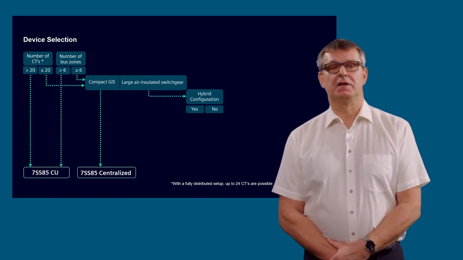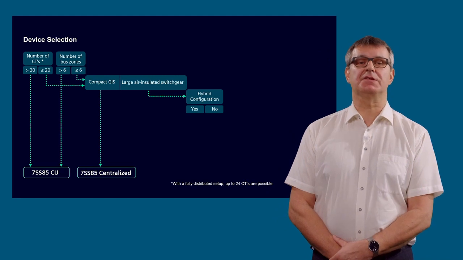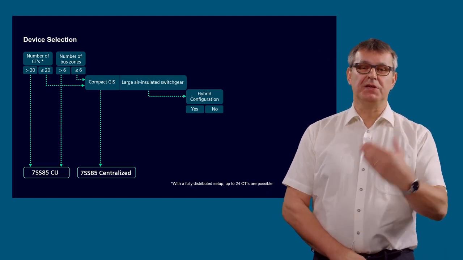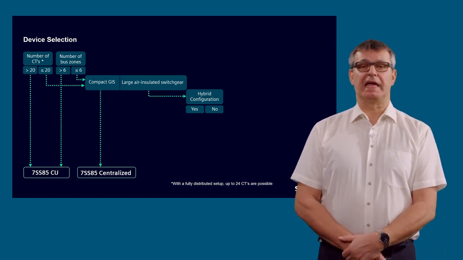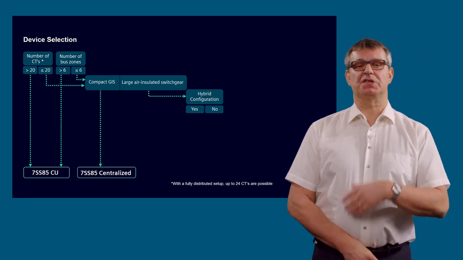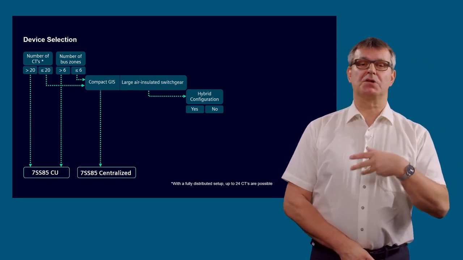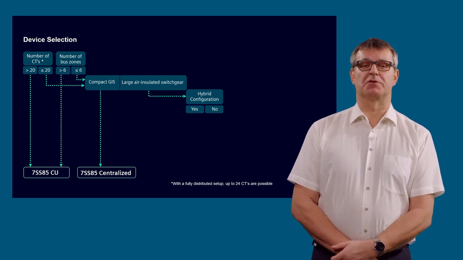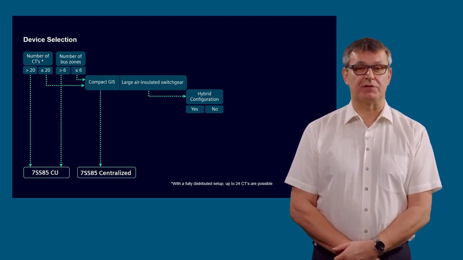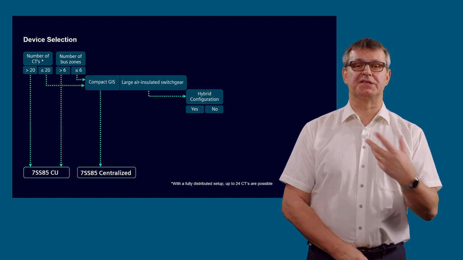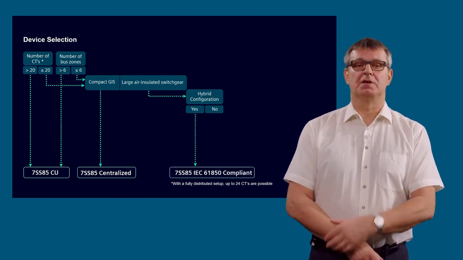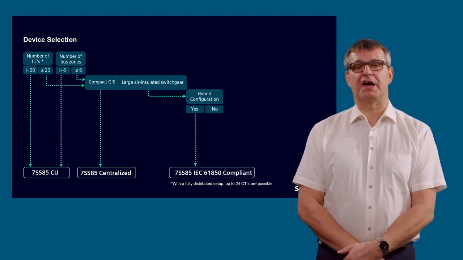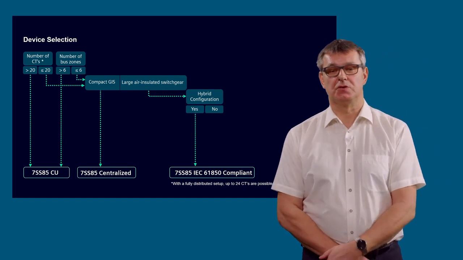Okay, if we have a large air-isolated switchgear, that means we need for sure a distributed busbar protection, and we can ask more questions: do we want to use a hybrid configuration? Do we want to use a mix of a centralized busbar protection and a distributed busbar protection? If yes, we should use the IEC 61850 compliant solution. If not,